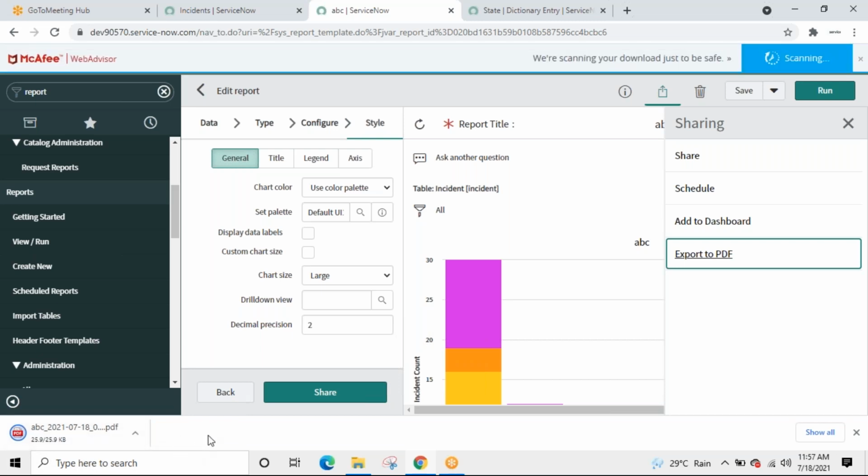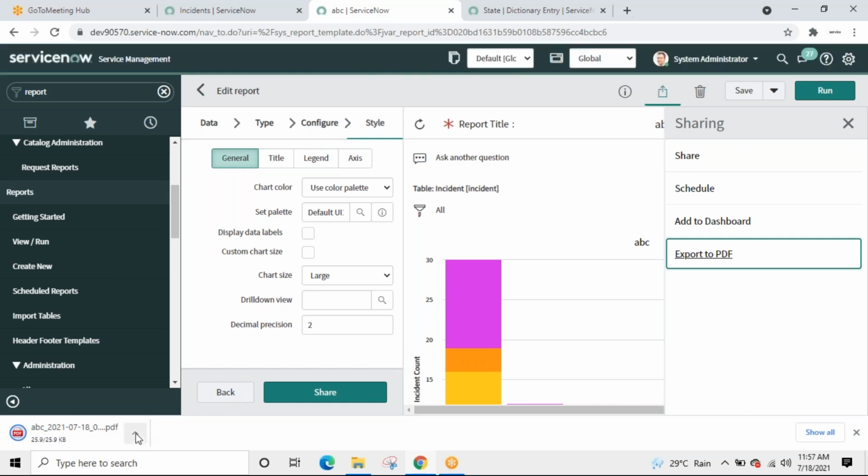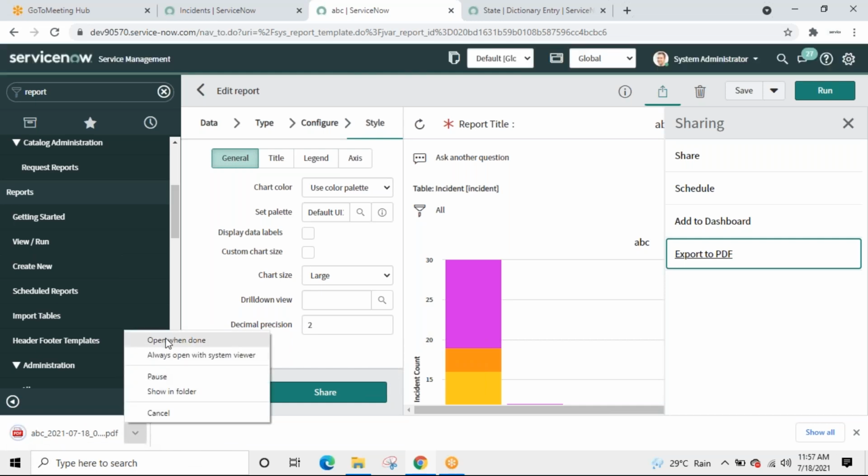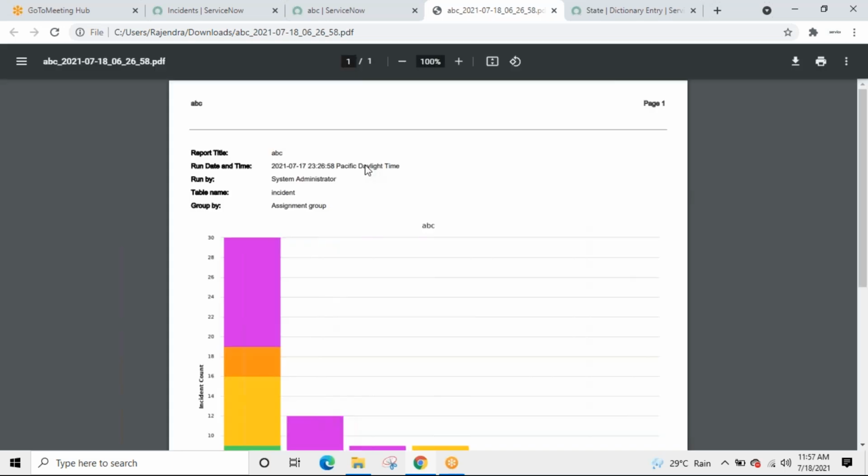Scanning. How does it look? So even this can be scheduled.